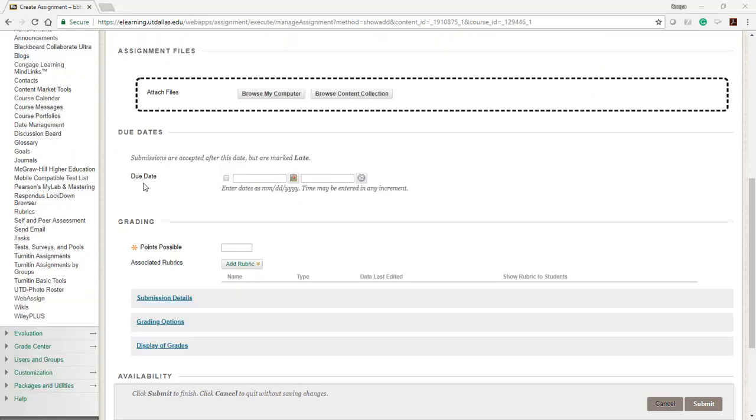The due date is the last and final date after which the submission is marked late. Setting up the due date does not prevent the student from making a submission. So a due date is optional. If you set a due date for the assignment, it will automatically show up in the calendar.